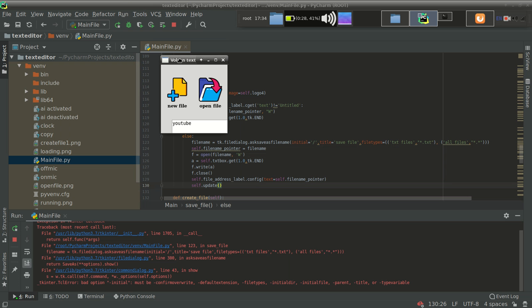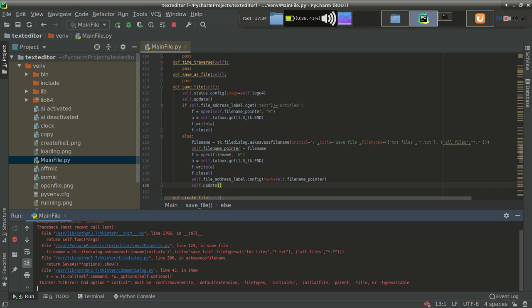Again, bug. Let's verify. Initial must be the file types, initial dir. Initial dir is fine over here.